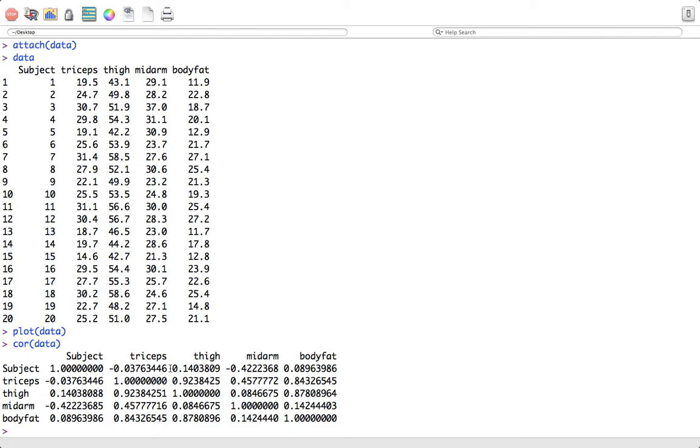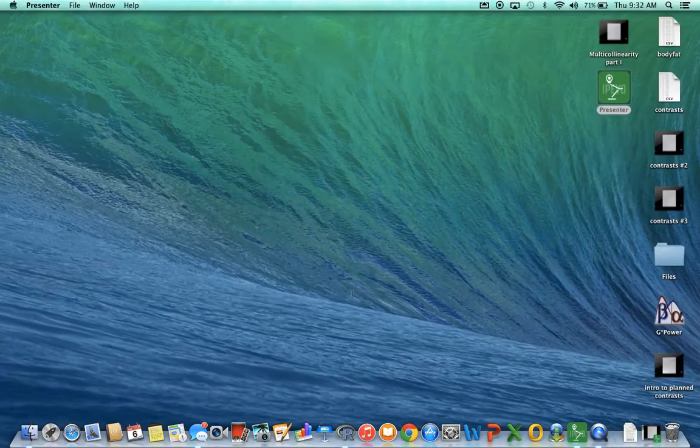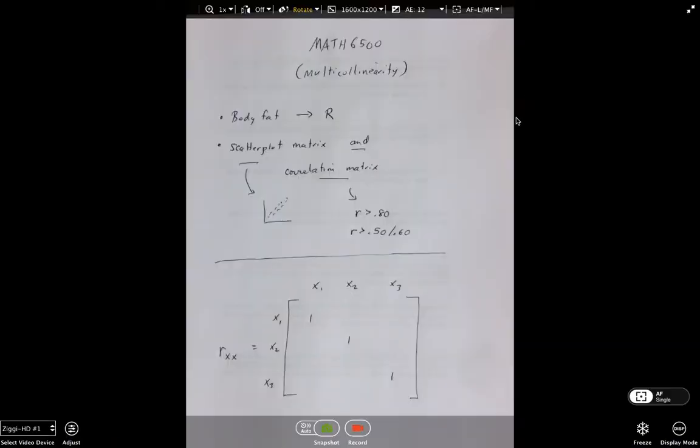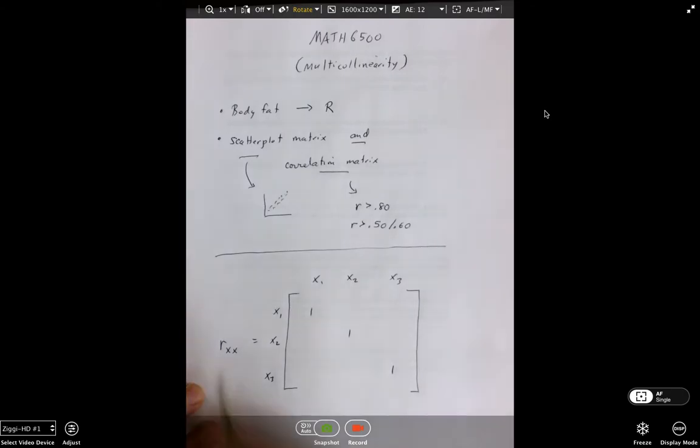So what I want to do is go over here and write this on the white sheet, if you will, and I want to look at the correlations, and I want to have this written down. Just let me get out of this and show you what I'm doing. What I'm doing here is just looking at the notation that we've done before. I'm looking at the correlation,